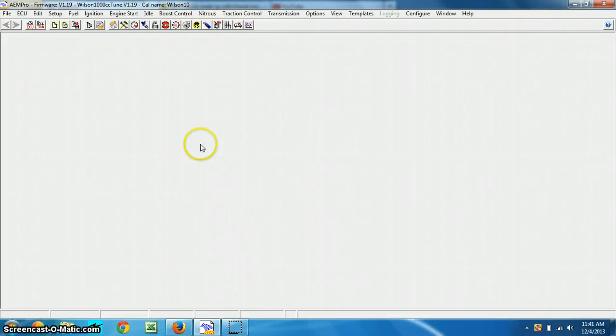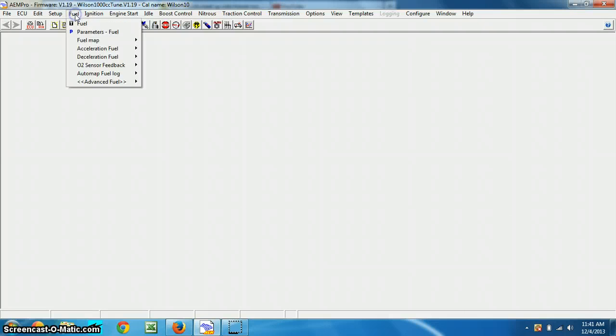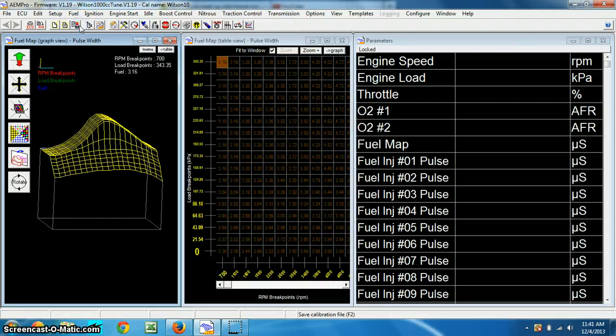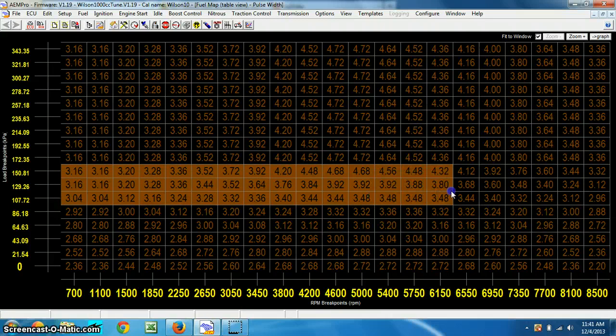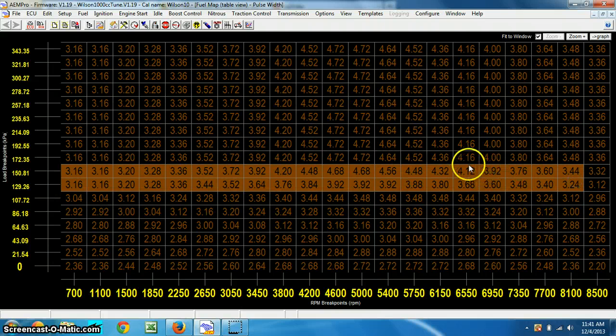Alright, I'm going to show you the boost comp. Basically, if you go to fuel, here's the fuel map, and you can see everything from 100 kPa essentially. Well, let's make this big. As you can see, everything from around this area, from here up, is all the same pulse width everywhere. And then essentially what you do is